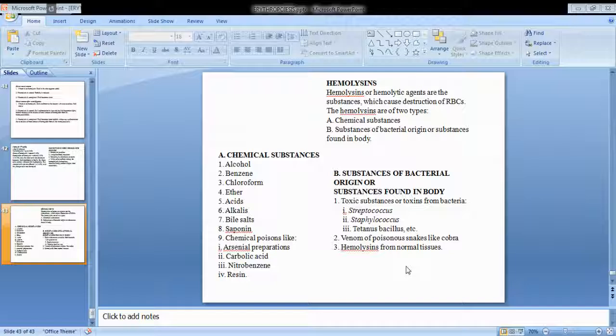Okay, so this is what is seen here. First, what we have seen is about the different blood indices: the ESR, PCV, MCH, color index and so on, about anemia and the different agents causing anemia, different types of anemia, and about hemolysin. What is hemolysin? Hemolysis and fragility of the RBC. These are the different methods or terms used for the diagnosis of some diseases in the blood. Is it clear?